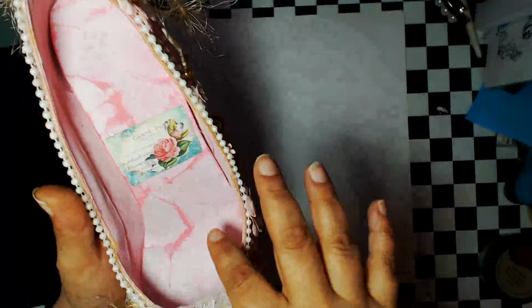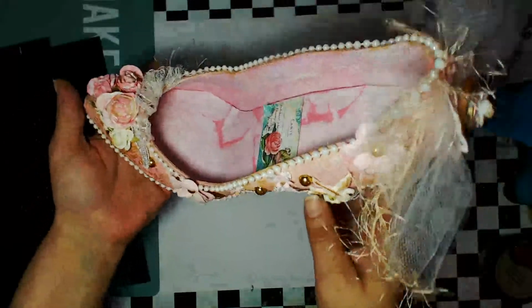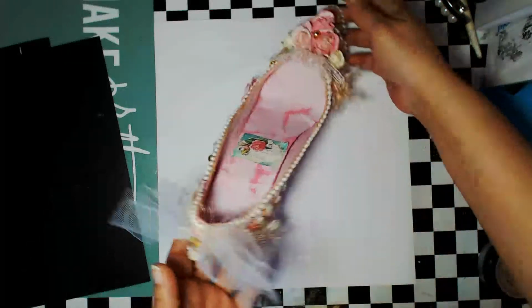So I just did some stamping in here with a Prima stamp that has some script handwriting, which is my favorite stamp. It's the only real stamp that I have like that anyway, so I use it a lot. So I used that, and then pretty much I just made the whole shoe. I took the piece out from the inside, and then I just made a template and put that in there. And pretty much, you guys, this is my Shabby Chic high-heeled shoe, and I really love the way